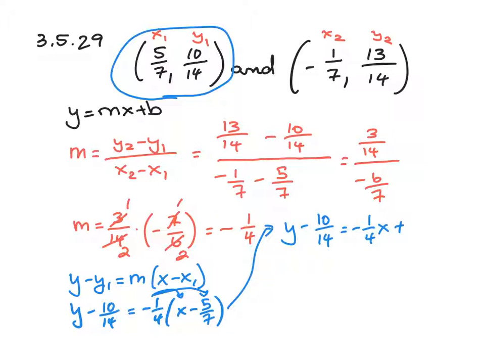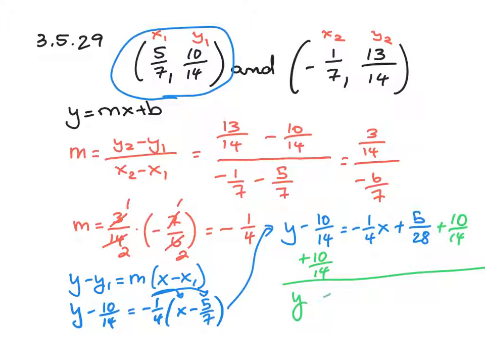is a positive. You multiply numerator times numerator. 1 times 5 is 5, and 4 times 7 is 28. So 5 over 28. Now the last step is to add 10 over 14 to both sides, which means we have to